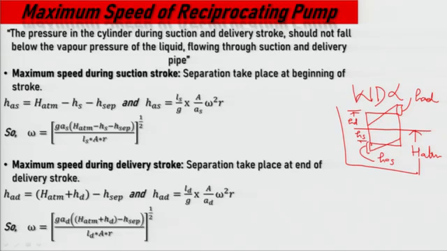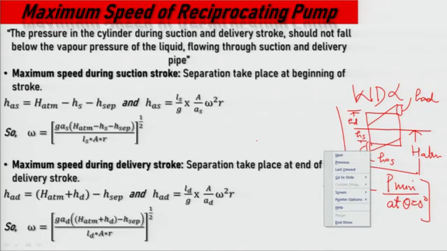So, where are the chances minimum? At this point the pressure is minimum, at the beginning of the suction stroke. The chances of cavitation are where the pressure is minimum, P minimum. At which point? At theta equal to 0, at the suction stroke. P minimum occurs at theta 0, at the beginning of the stroke. So, the chances of cavitation are at this point only, because the pressure is minimal at suction.